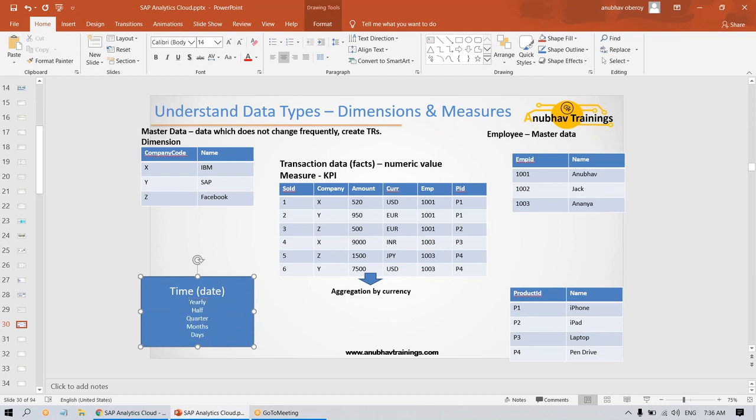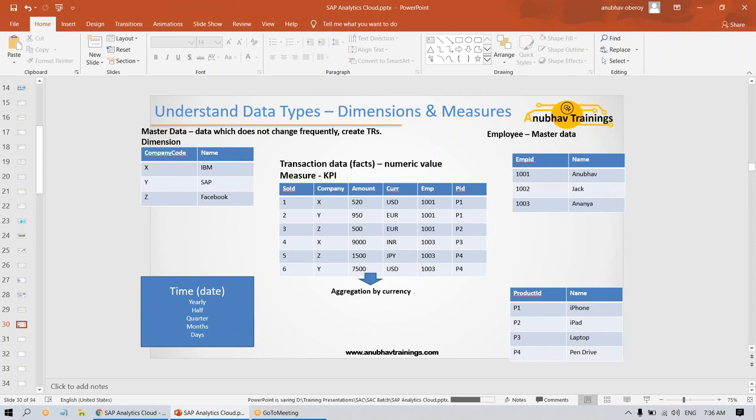Now, don't you see this is also a hierarchy? One year will contain how many halves? Two halves. How many quarters does it contain? Four quarters. How many months? 12 months. How many days? 365 days. Correct? So this is actually a hierarchy of time. Time is naturally a hierarchy. Are you guys clear? Understanding that time is also a dimension which you can consider when you're looking at, suppose,